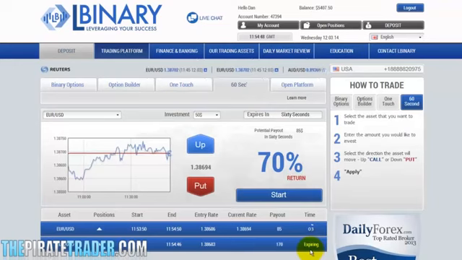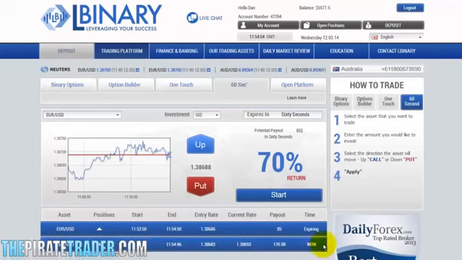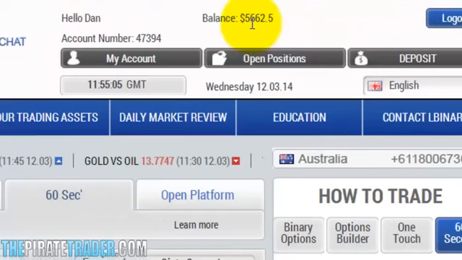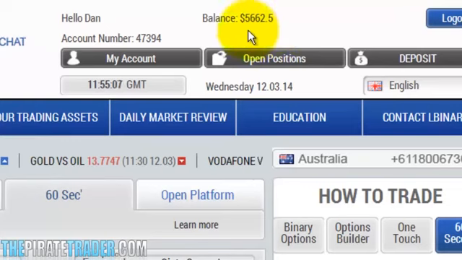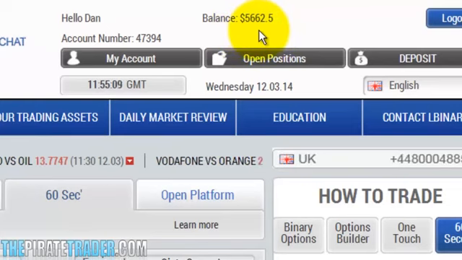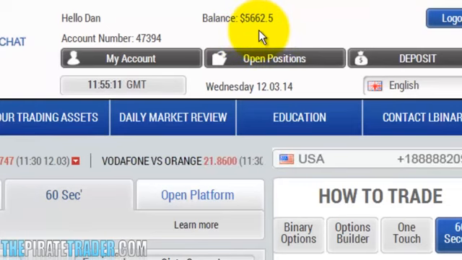So let's wait for the countdown. Okay, I've won this trade, and the other trade will come in very soon. And it looks like this one is another successful trade. Remember, you have to set up both of these trades almost simultaneously with as small a gap as possible. Look at that, $255 in just 60 seconds, which is already showing up in my account,